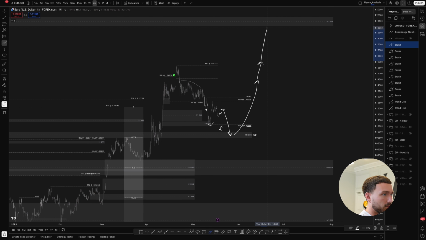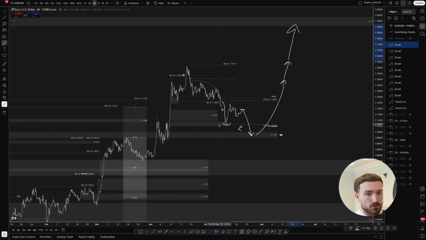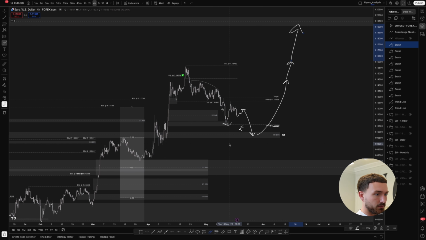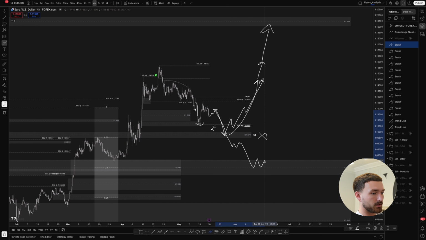Overall, in the next couple of months or to the end of the year, 1.195 is probably going to happen for the euro. It's just right now, it's how we're going to get there. So I'm expecting price to trickle down a bit further and come down into these levels, and then potentially from here would be the deciding point. Are we going to get a shift, break and a continuation type of thing, or are we going to melt through like this is nothing, pull back, break, and then from here we're going to start seeing